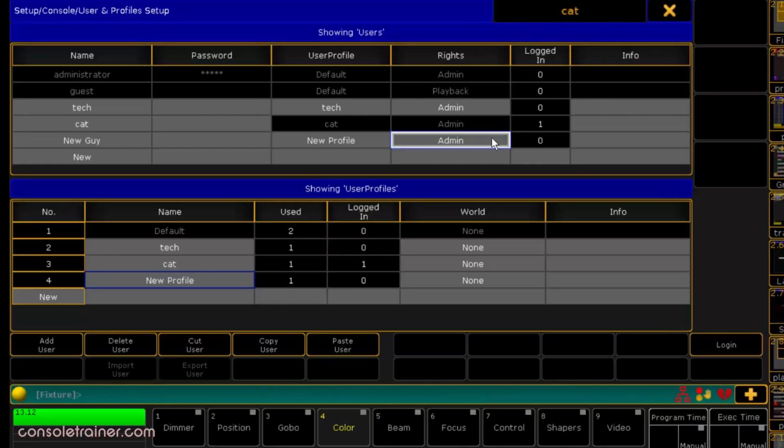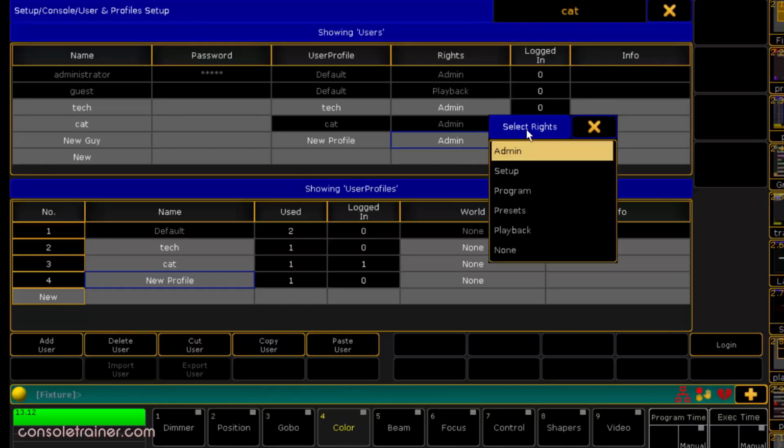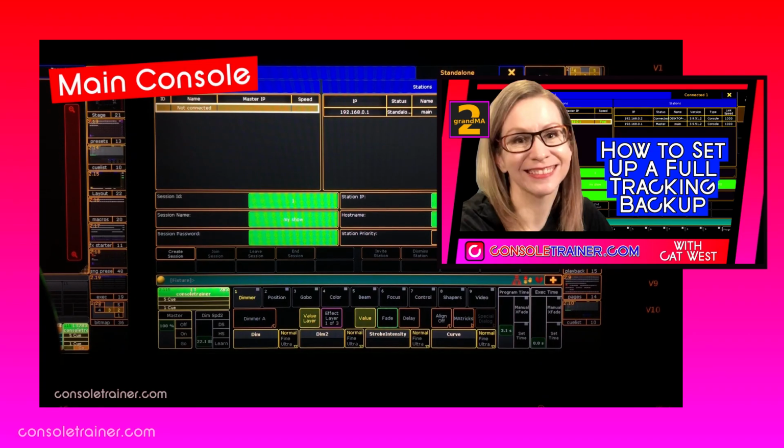Maybe you just have one programmer building the show, but someone else needs to log in remotely in order to troubleshoot and tech the rig. All those users are assigned rights. A full tracking backup session with two consoles is probably set up with both consoles logged in as the same user, but even that user gets rights assigned. If you don't know about full tracking backups, I've got a video that will take you through how to do it. Today, I'm using software version